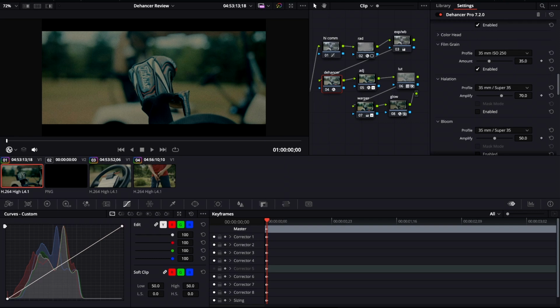The film grain is, I think, one of Dehancer's strongest suits. In version 7 came the addition of film size and ISO, which I think is really useful, although in version 6 there was much more customization in the grain, halation, and bloom, which I think version 7 could benefit from an advanced drop-down to have those settings when you're looking for either specific tweaks or really stylized looks. However, on the fly, I think this does a great job, and the 3550 ISO is a great spot to be,